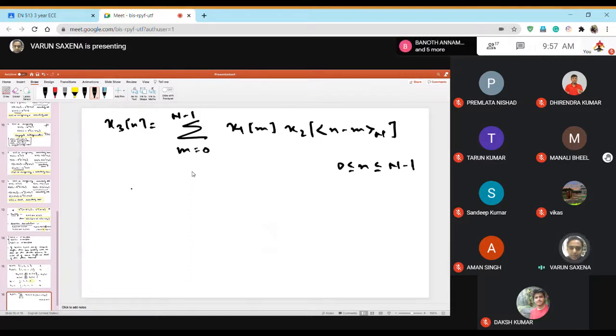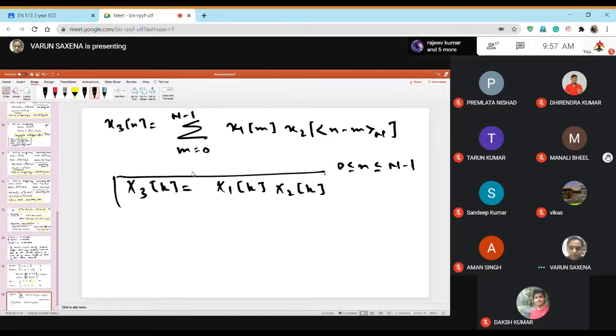If you take the DFT on both sides, then X3[k] is nothing but X1[k] multiplied by X2[k]. So this is similar to what we have studied in linear convolution, but evaluating it in time domain is slightly different because you have a modulo function here to solve rather than just the conventional shifting function. So this is basically a circular shift rather than a linear shift. So this is convolution. We'll do some numericals later on, but this is all that you need to know about circular convolution in terms of the property.